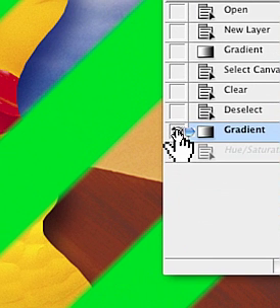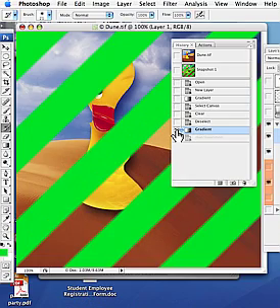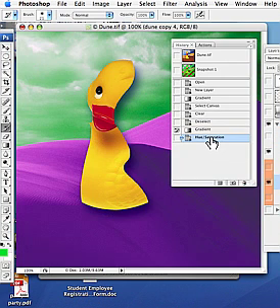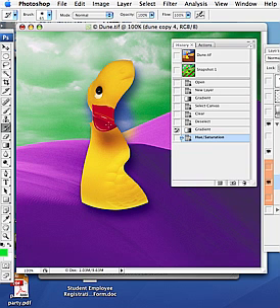Wherever I paint with the history brush, it will return the canvas to looking like this instead of the way it currently looks. So, having said that, I will get my history brush. I'm going to get a pretty good sized brush here, and as I paint,